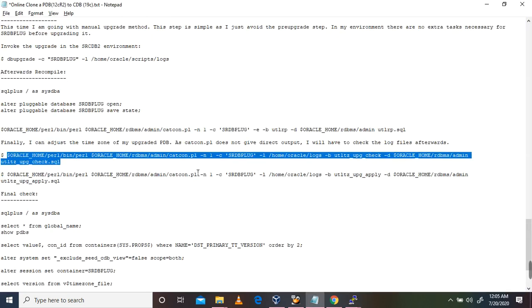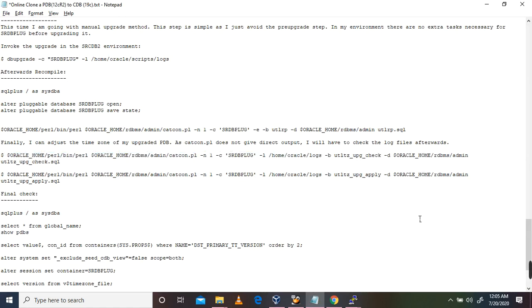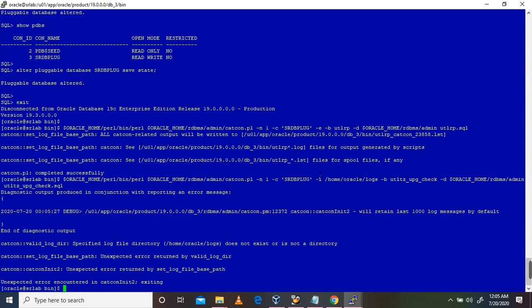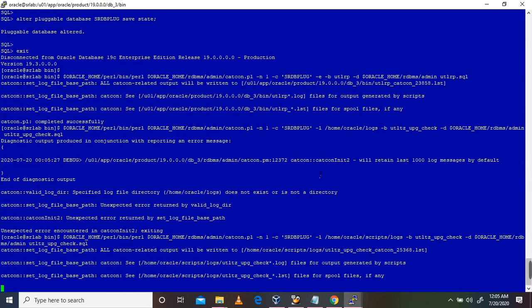Sorry, I have not executed with a log directory. It's not there. Here I need to change the scripts, and I will run again. So it's running. You can check this log here also.